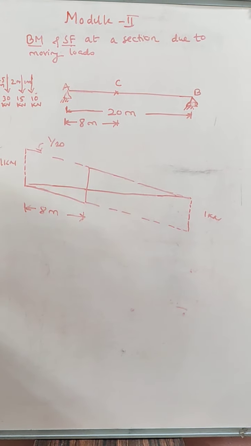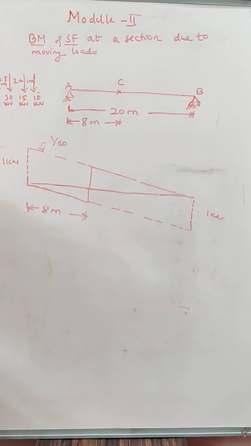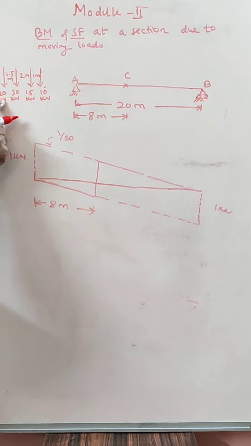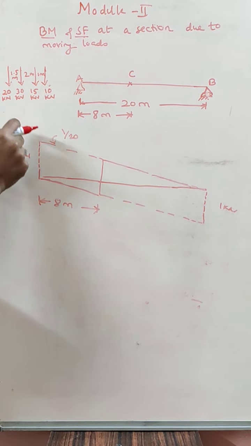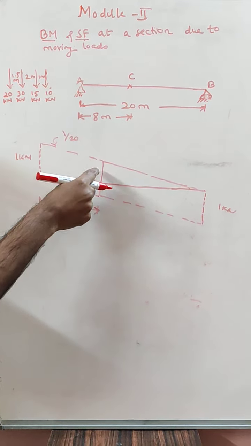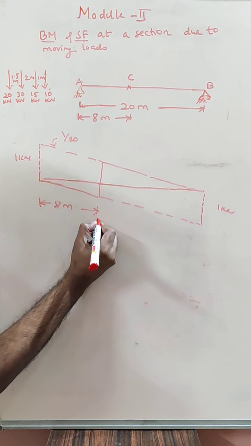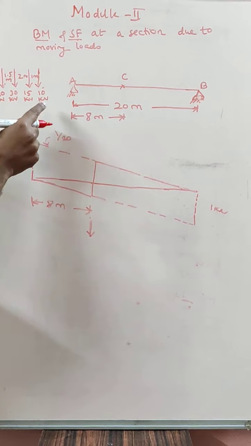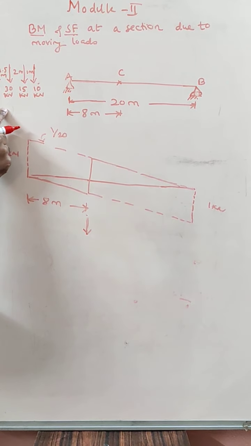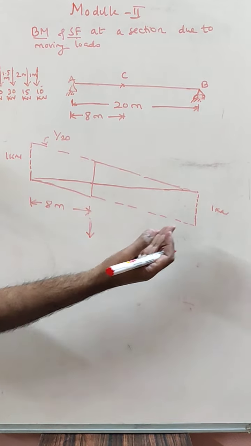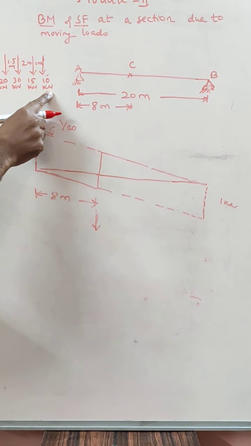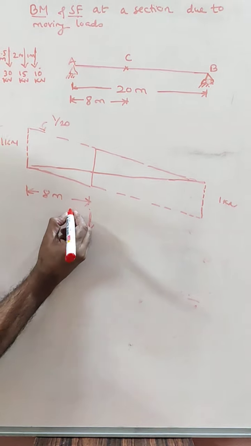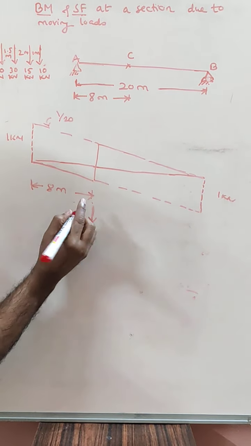Okay. Now what we need to do to find out maximum shear force at C, negative value, we have to keep all the loads in the negative zone. How? We should keep such that the 10 kilonewton should occupy the negative. That means the leading load should occupy the section C. The leading load 10. Previously, the trailing load was occupying section C for maximum positive shear force. Now the leading load 10 kilonewton will occupy section C. If 10 kilonewton occupies section C, what will be the other loads? Other loads will be here like this.